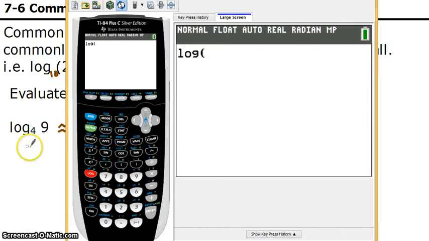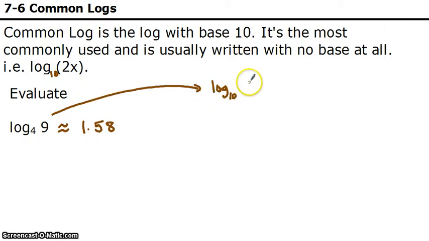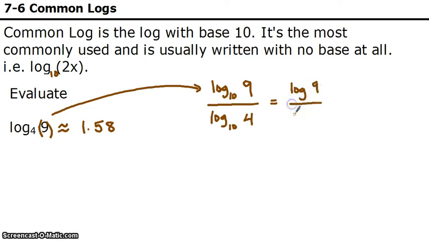So the way that people evaluated the logs back with these calculators, especially before the newest update, is they used the change of base formula. We learned about the change of base formula. I can change this log to be any base that I want. So let's say I want it to be base 10, the common log. So I do log base 10 of 9, that's the argument, that's this part, and then I divide that by log base 10 of the original base, 4. In other words, if I don't write the base 10s and just use the common log, that's log 9 divided